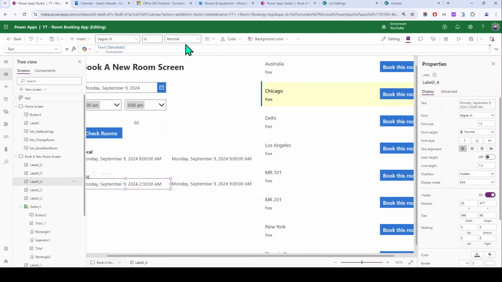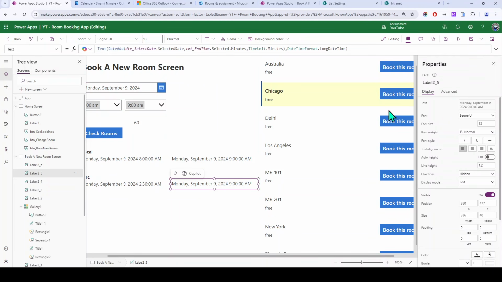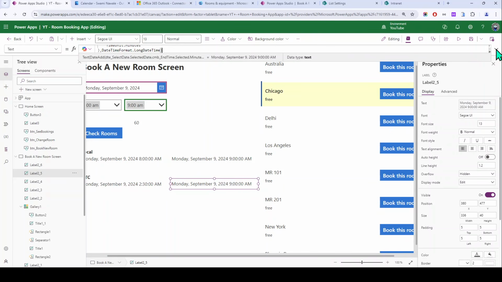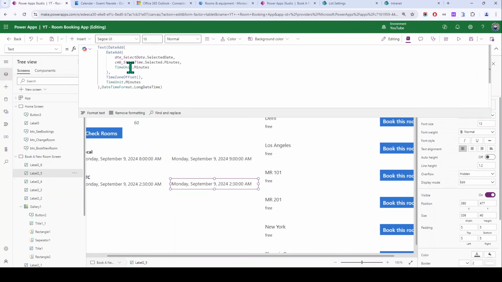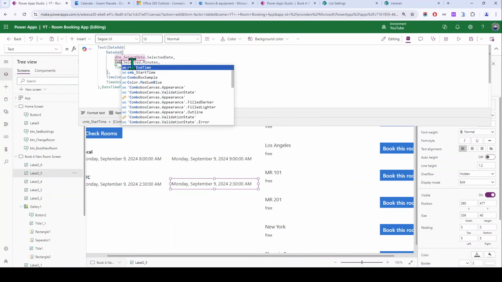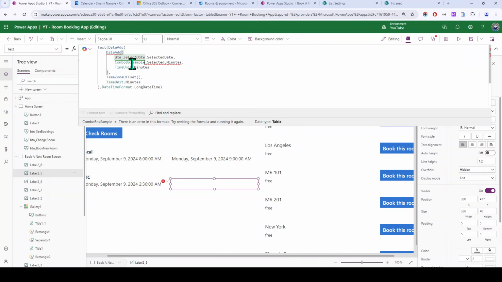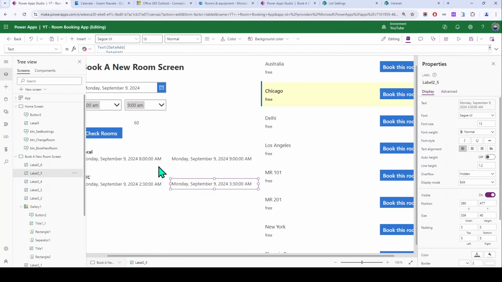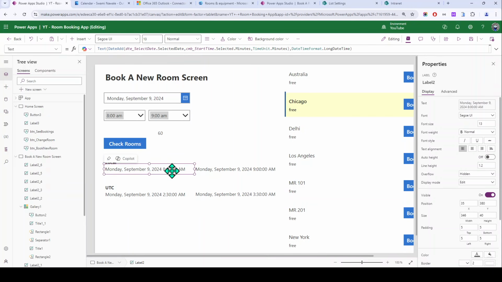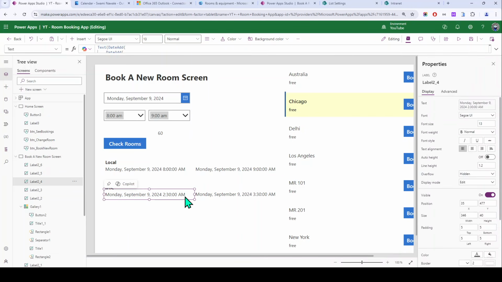So just copy this one, copy the complete formula, go to this, just replace this and replace the combo box control name as well. So it will be CMB end time. So at 8 a.m. in my local equal to 2:30 a.m. in my UTC, and similarly for this one. So this UTC time we need to pass it in a